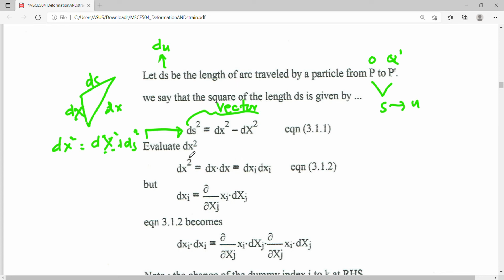Remember what I told you, that there's no such thing as a dxi squared, so we have to place it in juxtaposition in this manner. So dxi, such that if I make use of a chain rule, okay, so the chain rule implies that the total differential dxi is simply equal to the partial derivative of xi over Xj dXj. Okay, so this is actually